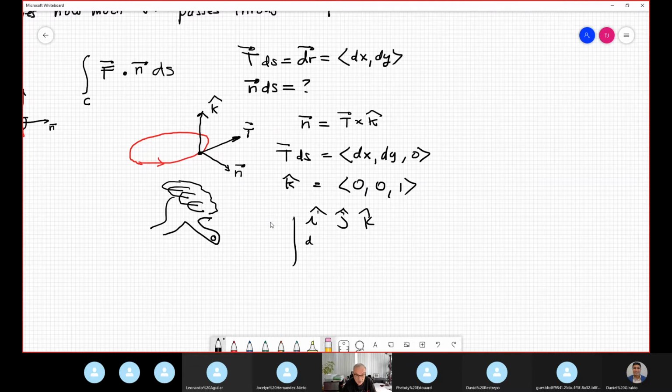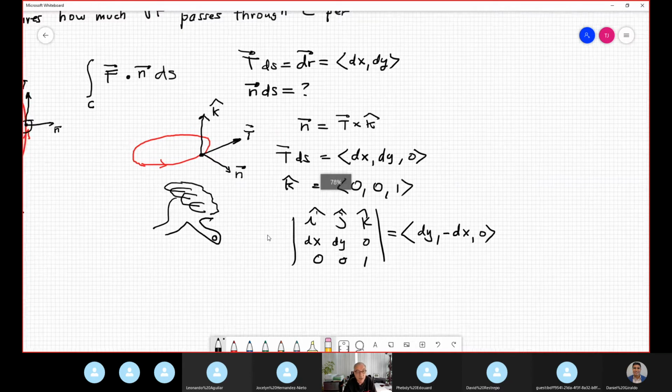This is dx, dy, and 0. And the answer here is 0, 0, 1. And when you perform this, we get the vector, and the vector is dy, comma, minus dx, comma, 0. Therefore, when you set up the flux integral,